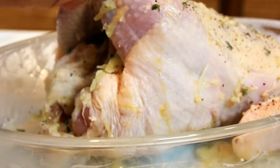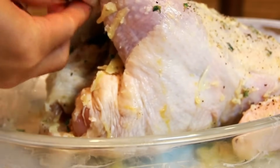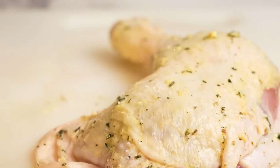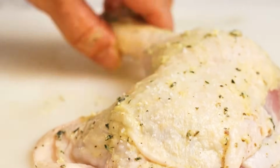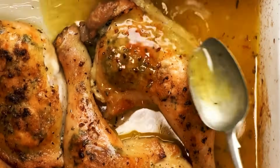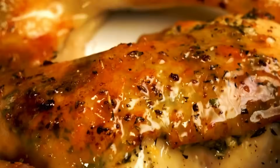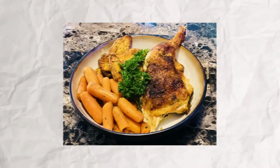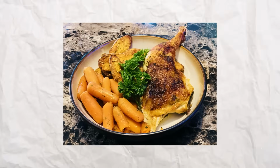Unlike pre-cut pieces, a whole bird could be roasted, carved, and repurposed into soups or sandwiches, making it a practical investment. The breadcrumb and herb crust added texture and flavor, sealing in juices while creating a beautifully crisp exterior. Traditional blends featured rosemary, thyme, and parsley, but regional variations introduced garlic, lemon zest, or even a hint of paprika